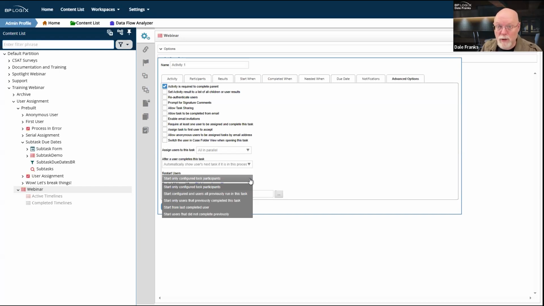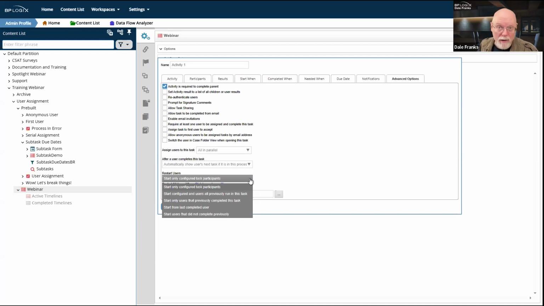But the loop has restarted, which means that as soon as the initiator submits again, it's going to go back to approval activity number one, the one where I just restarted the loop, and that counts as a restart.